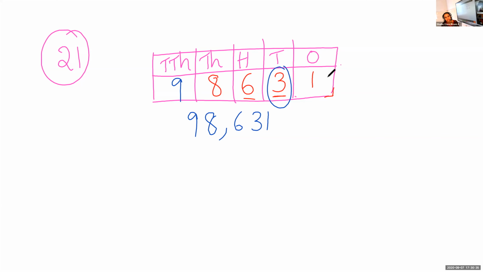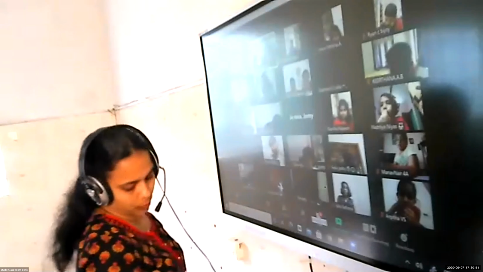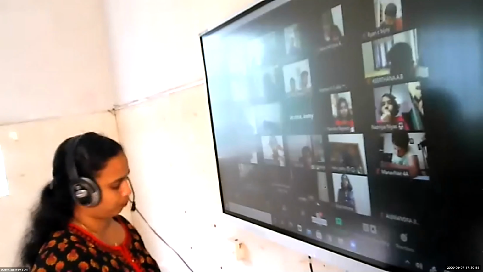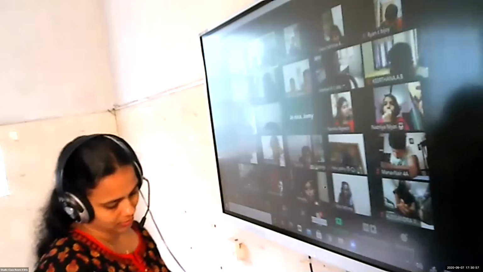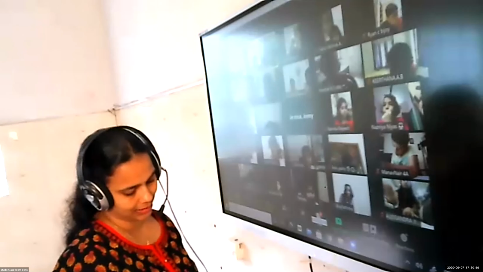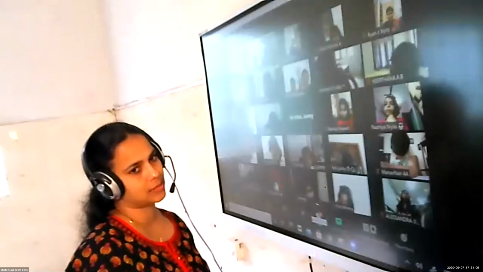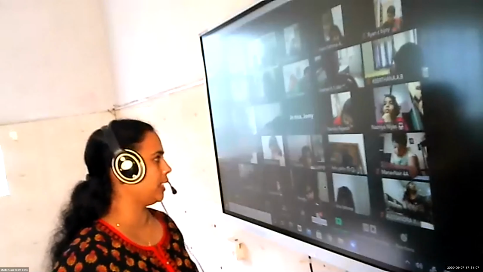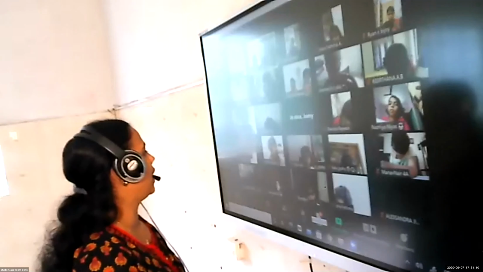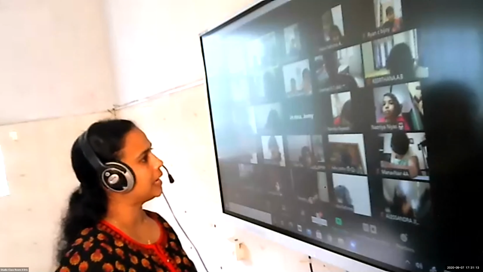So children, when you read this number, it is very confusing. But when you start with which digit you know, that you know your ones digit, that is 1. Then all the clues are given. You can find your number by reading the question properly. Here, ones digit is 1. And what about my tens digit? Tens digit is 3 times 1. So that is 3. Hundreds digit is 2 times tens digit. So 2 into 3, 6. Like that we got our 5-digit number. And how to read this number?